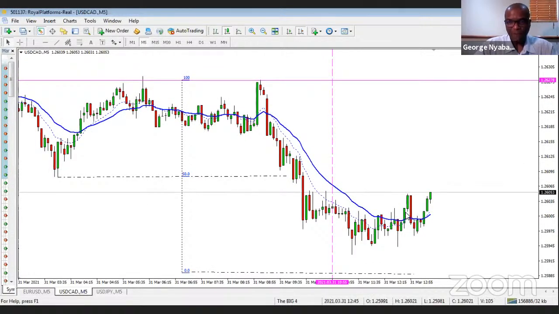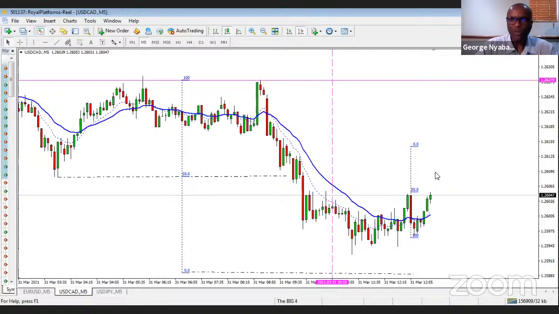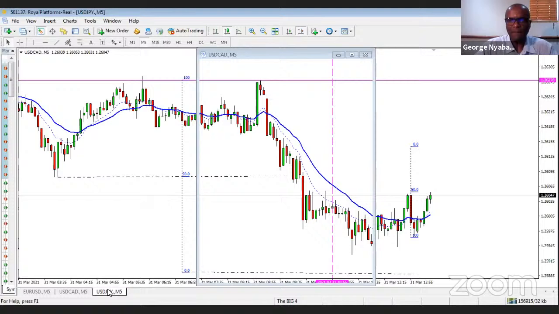So earlier on, we spoke and we said, well, okay, the bulls closing above the moving average. Let's see if we get a double bottom. We didn't get a double bottom. What we have is what looks like an attempt by the bulls to break above this. If they do break above this, just going to put it here, what you're going to be watching out for is a possibility of a measured move up to here. What this means is that if we have a bull candle breaking above this and a follow-through bull candle, we have a breakout model. All we wait for is a pullback to the moving average. If you get it on the 10, take the trade. If you get it on the 20, take the trade. But our first profit target is there.